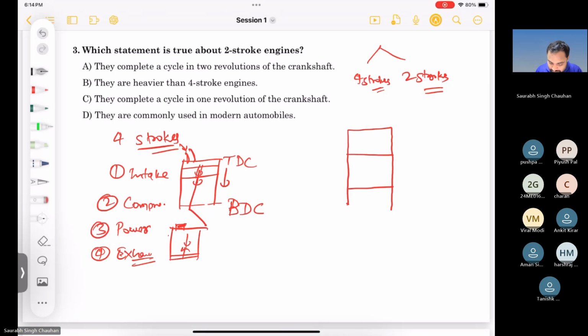Valves are like this, for opening and closing the ports. So there will be one exhaust port, and there will be one more port, that is the intake port,